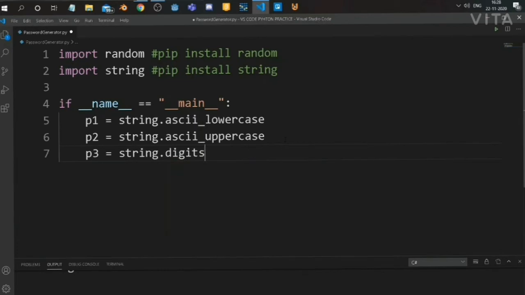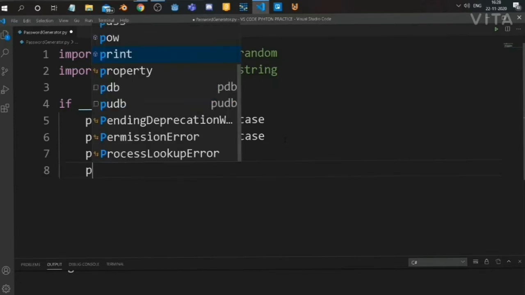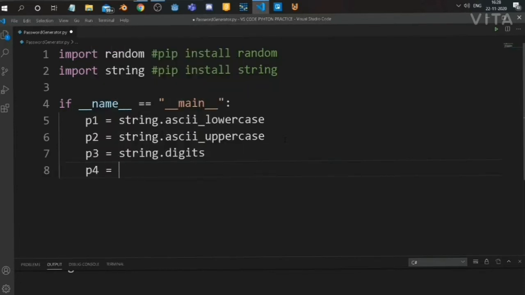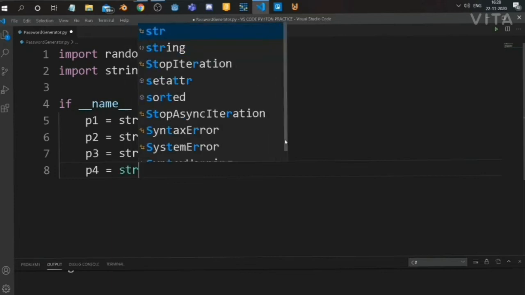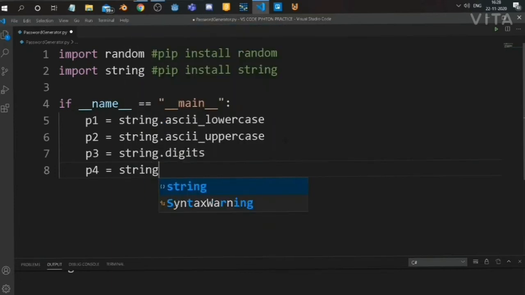It will store the digits like 1, 2, 3, 4, all the numbers. Now let's add some characters and symbols: string dot punctuation. It will contain all the punctuation and symbols. Okay, so now we have stored the variables.